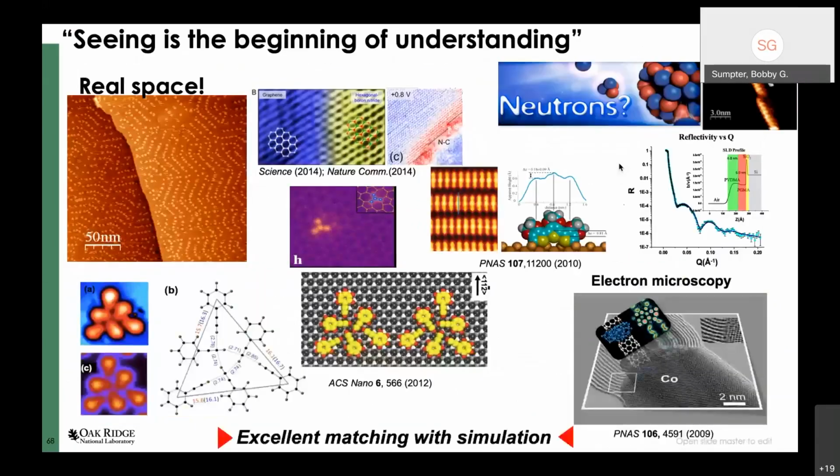So the first step in this is being able to see the defects. If you can see it, that is the first step in feeling comfortable and understanding. There are many ways of looking at materials. Some of the best ones are in real space, and these are scanning probe and electron microscopies. There is a whole large suite of possible ways of doing that, and I'll go over some of the tools that are there for that. There are also a variety of scattering technologies, neutrons and X-rays, to allow us to look at some things in reciprocal space, which provides us additional information. So we have ways of looking at materials at the atomic level all the way up to the macro scale, and that gives us